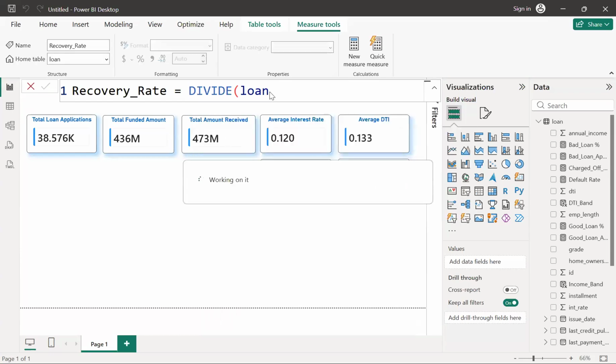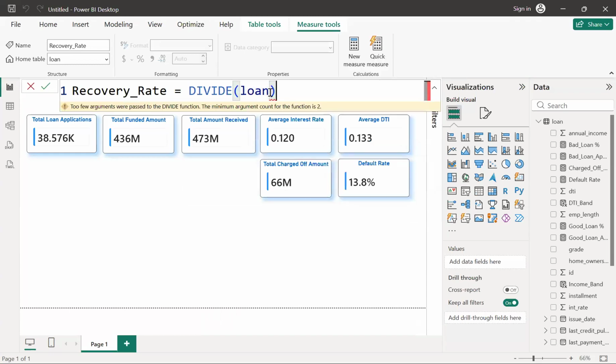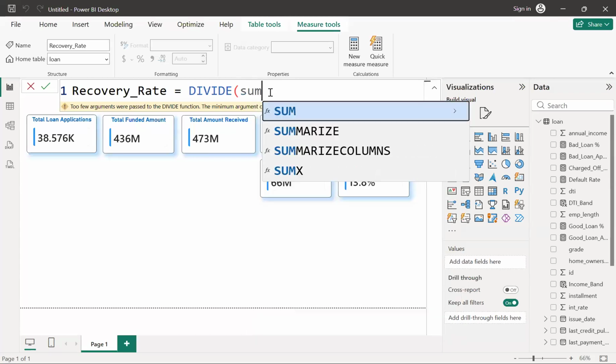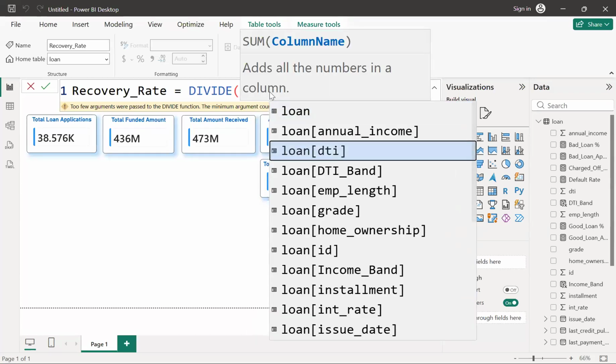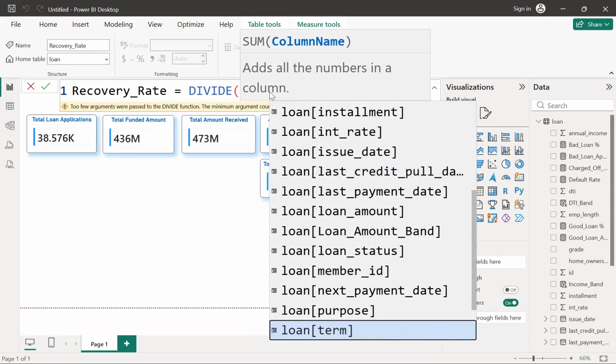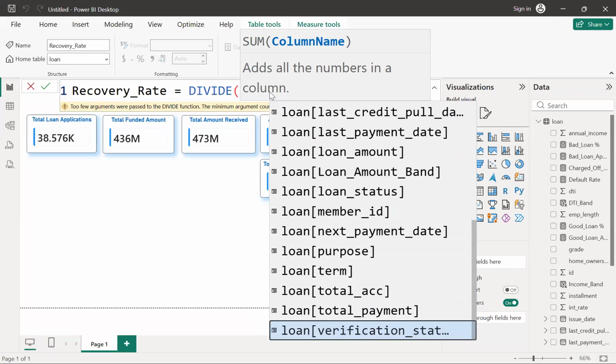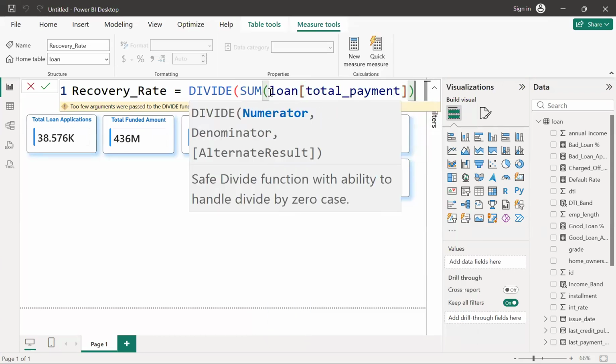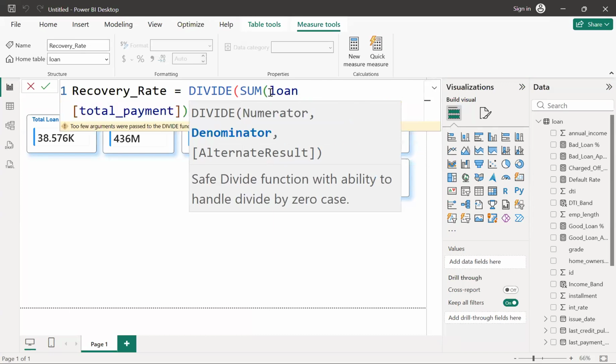Okay, we have not created this column, I think. We have to actually take a sum of it. So the sum of, let's say, total amount, I guess. Yeah, total payment. Close the bracket. Now this needs to be divided by,